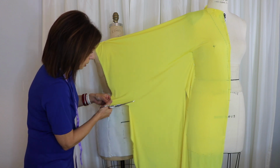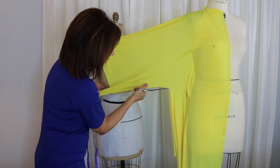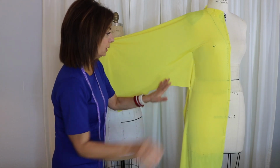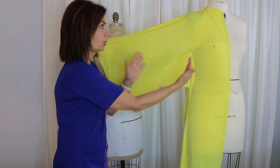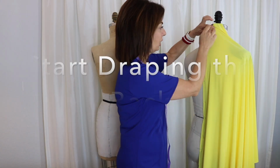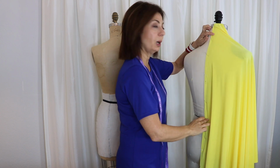So I'm just going to cut across and get rid of this. All right, so I'm going to now kind of work a little bit with the back so that we can balance it. Let's do that next. Okay, here we are on the back, and I just put that 1/2 inch line on